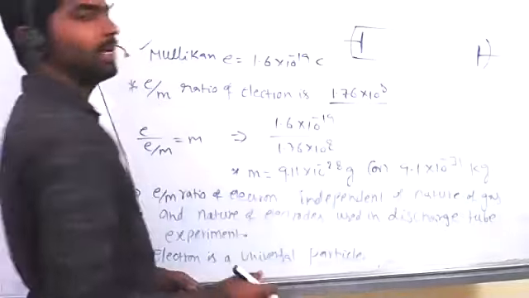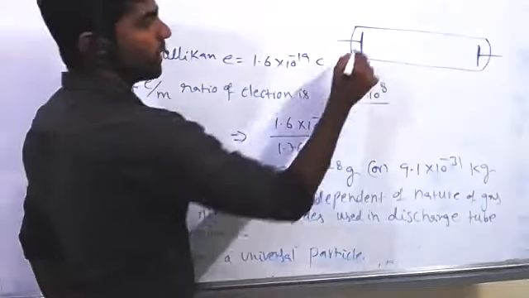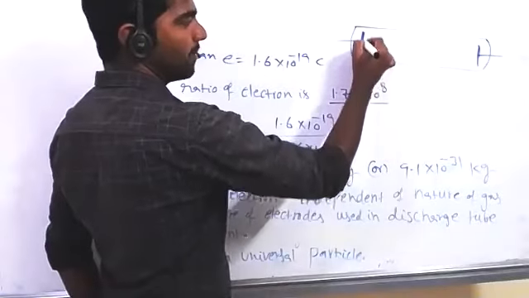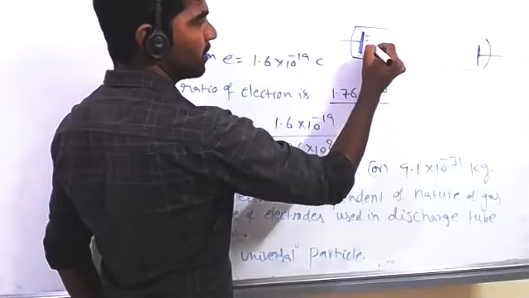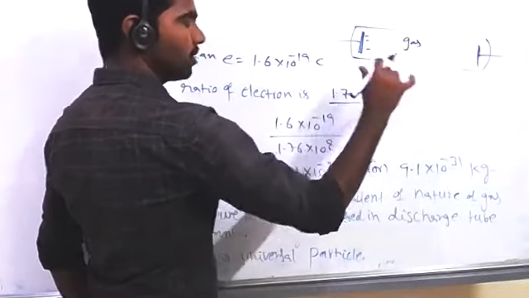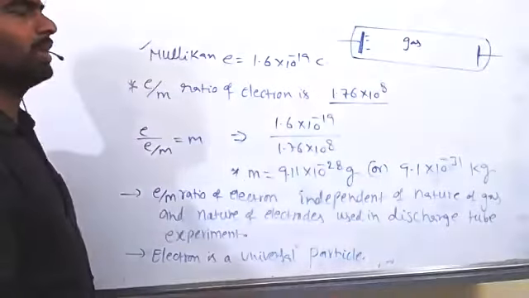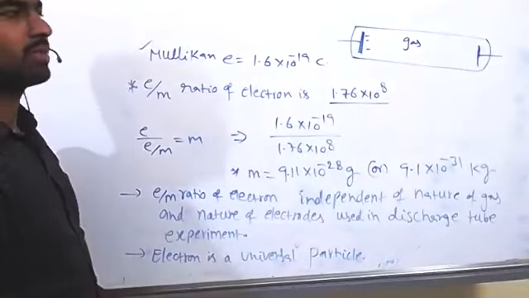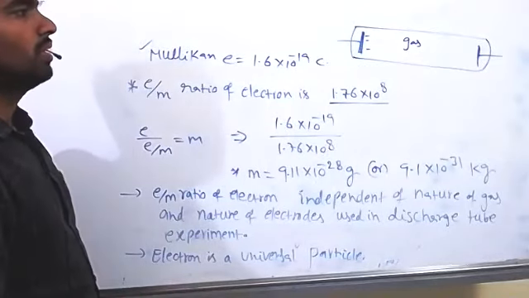So we are supplying high voltage. Beginning at this metal plate, it loses some electrons. Some electrons are coming out from this metal plate. And here we are also maintaining a small amount of gas. We may maintain mixed gases or individual gases, so any kind of gas we may maintain.